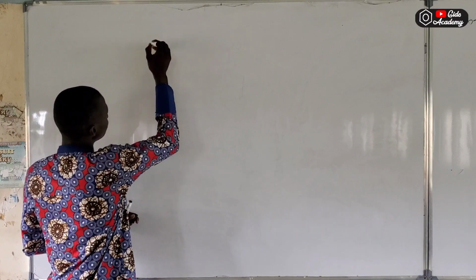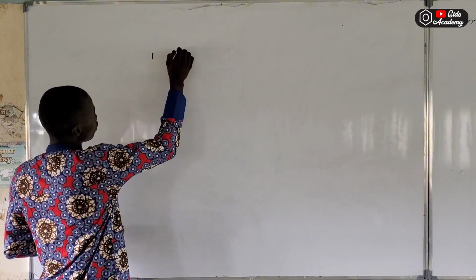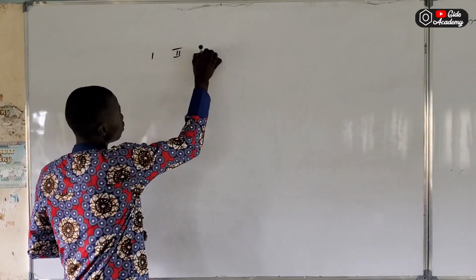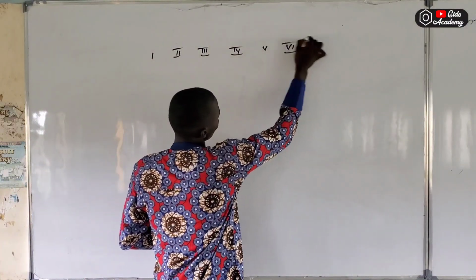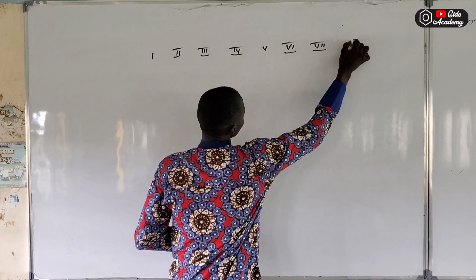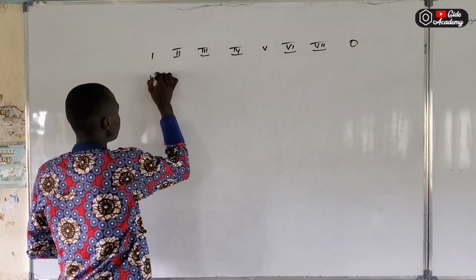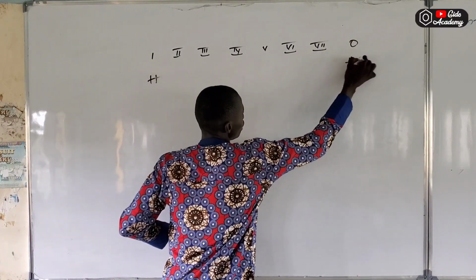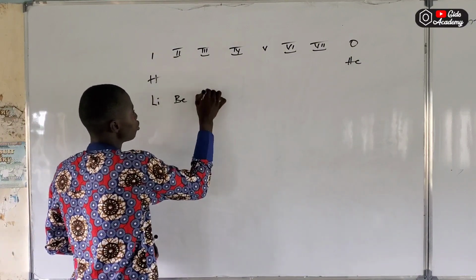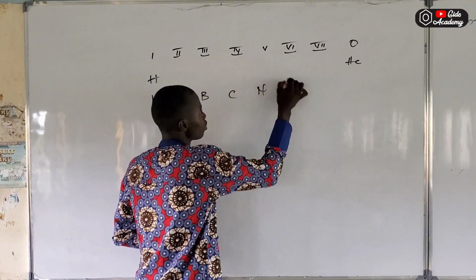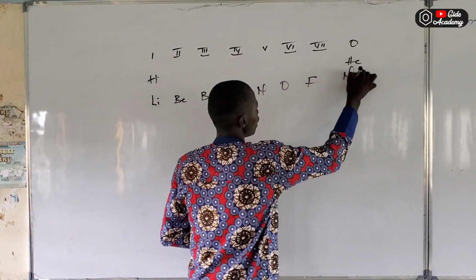In the periodic table, let me start with the drawing. Group 1, we have group 2, group 3, group 4, group 5, group 6, group 7, and group 8. So here will be my hydrogen, here is the helium, here is lithium, beryllium, boron, carbon, nitrogen, oxygen, fluorine. Here is neon,